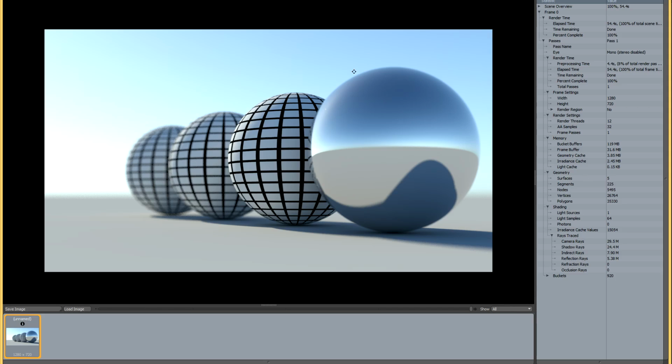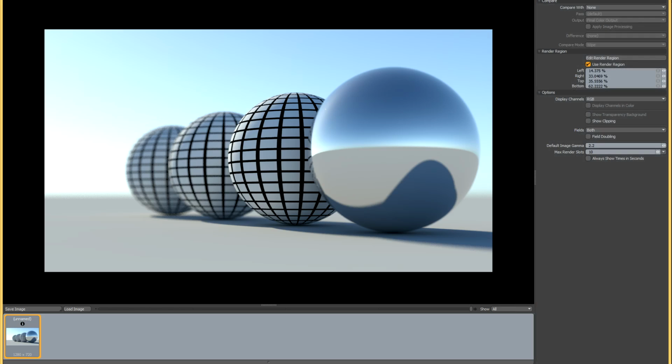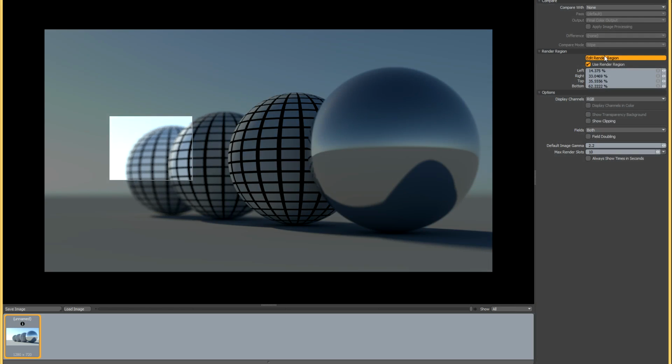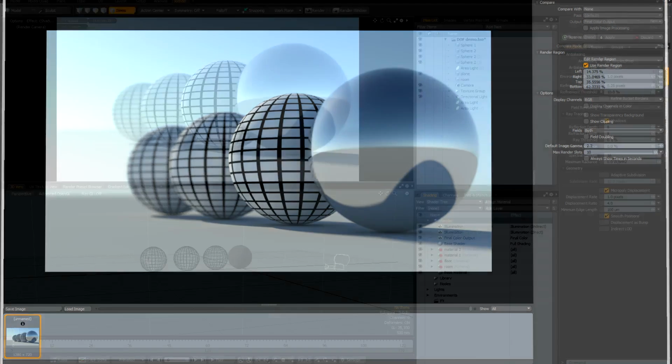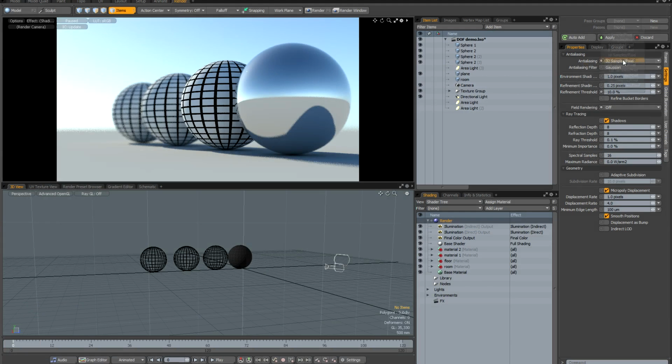So what you should always do in situations like this when you're troubleshooting is define a render region. So I've already defined a render region, and now I'm going to return to my scene, and I'm going to gradually increase the global AA settings until I get a clean result. So I'm going to set it now to 256 samples per pixel, and I'll just pause the video while I